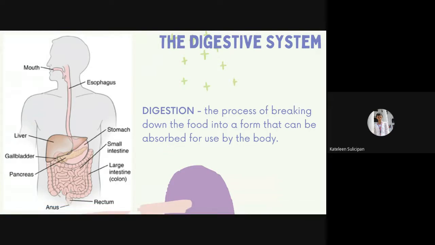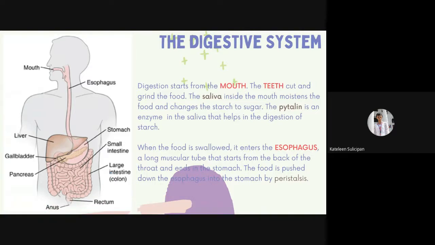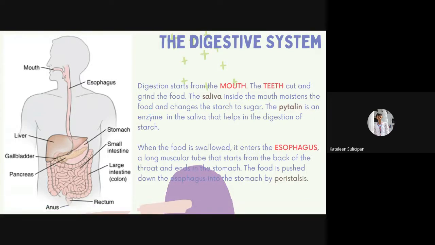So, the digestive system consists of the mouth, esophagus, stomach, small intestines, and large intestines. So, digestion is defined as the process of breaking down the food into a form that can be absorbed for use by the body. So, first, the digestion starts from the mouth, and then the teeth cut and grind the food,